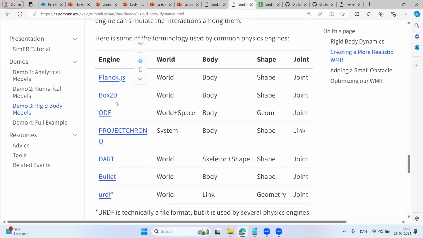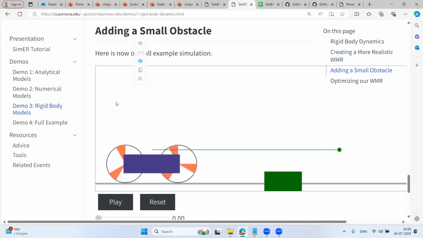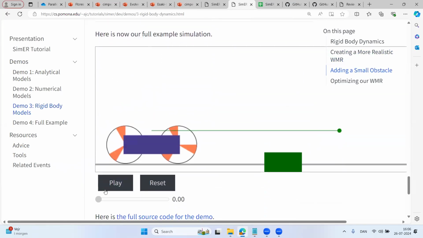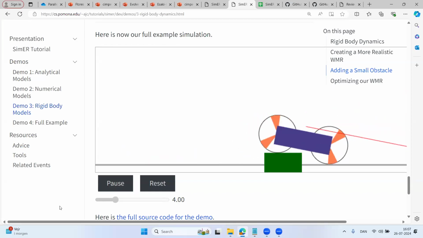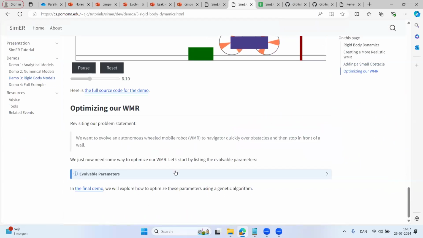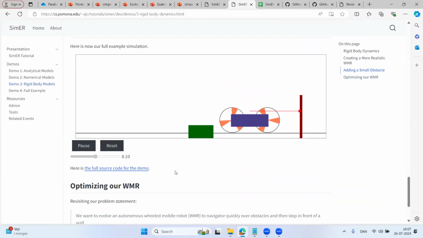So now our last nice demo here, before we move to a full evolutionary robotics workflow, is to show that this does work with a step. So I'm going to now evolve this little wheeled mobile robot to do the exact same thing.